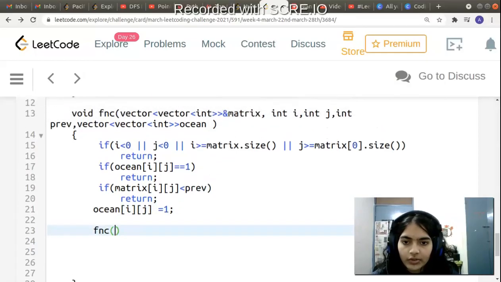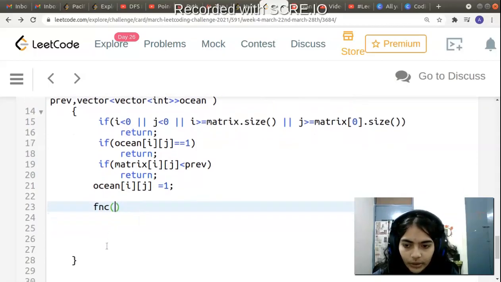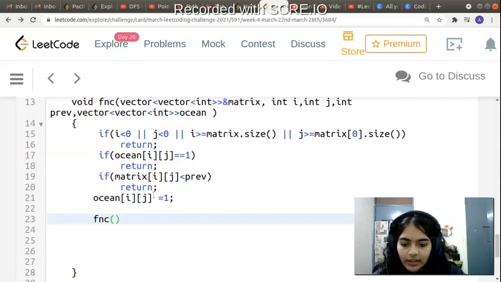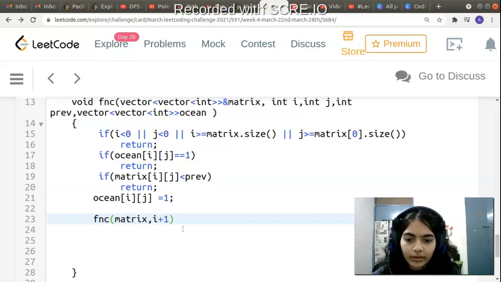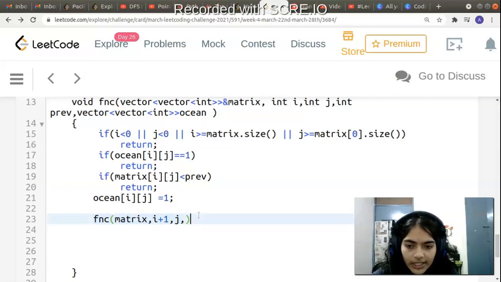So how do we go to the recursive calls again? Very simple. We just go to the adjacent cells of it. If we visit all four adjacent cells of it, we have to make slight changes. We have to pass the matrix same as before, but we will have to change i. Now suppose we are making i plus 1. We are going to the row below it. We'll let the column remain the same. So we are visiting the adjacent cell which is just below it. And now what will happen to the previous value? Now the current value will become the previous value. That is the change, because when we are calling the recursive function this time, the value which is there now becomes the previous value.